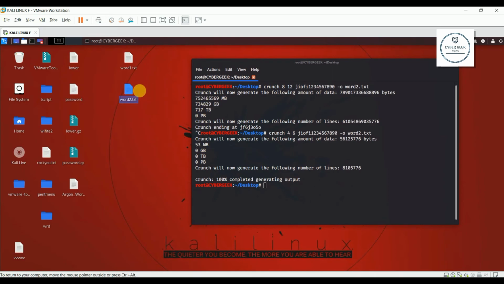It's not opening. It's the issue. Let me just open the first one. Okay, there is an issue. I think it's not functioning. Basically you can just use this tool to create your own word list. If you are going for the bigger ones, it's really going to take time. 717 terabytes, you know how big this file is, and if it's entering petabytes, you already know how big it's going to be. So if your system is not fast enough, it's really going to take a long time.